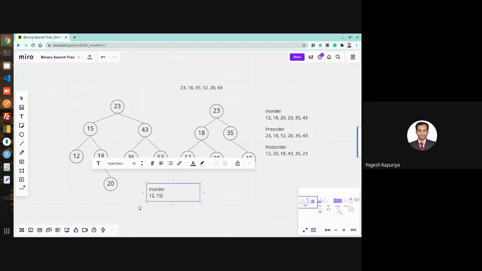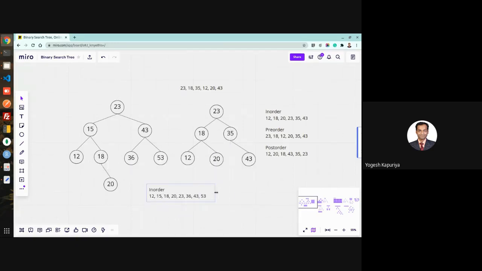Again left, node, right. Again left, node, right. Again left, node, right. So this is the in-order traversal for this tree.